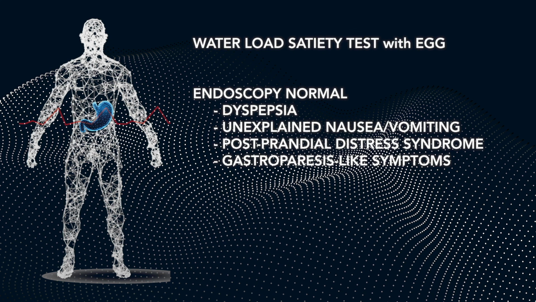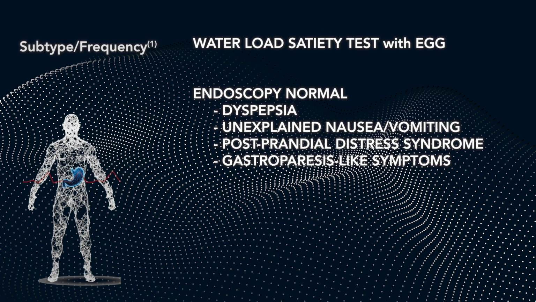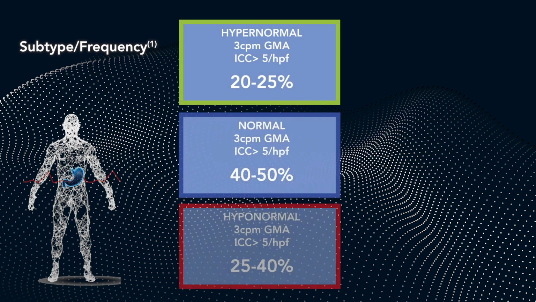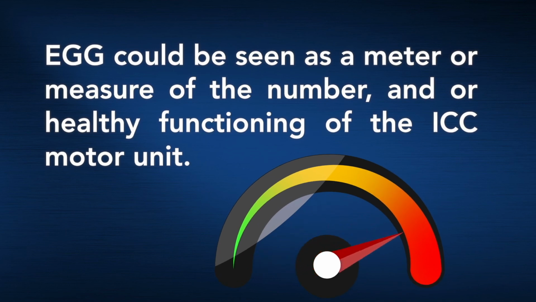For the first time, using a non-invasive test, the EGG, they could determine if a disease was due to an absence of ICCs, or, in the setting of a normal number of ICCs, due to conditions such as mechanical or physiological obstruction of the pylorus. In essence, the EGG actually may be seen as a meter or measure of the number, and/or healthy functioning of